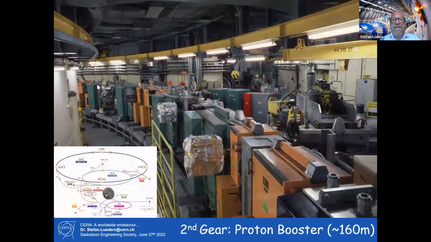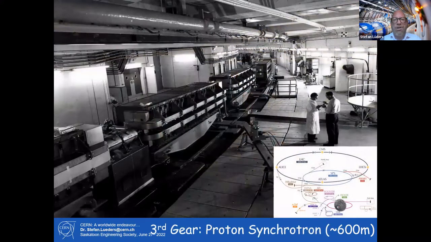The second layer is then the proton booster. This is the best picture I was able to find. You can see more or less the accelerator here. I will skip this a little bit. It's just the second gear, because the third gear, you can see it more clearly. It's getting bigger. You can see here now the apparatuses for guiding the particles, because our accelerators are round and